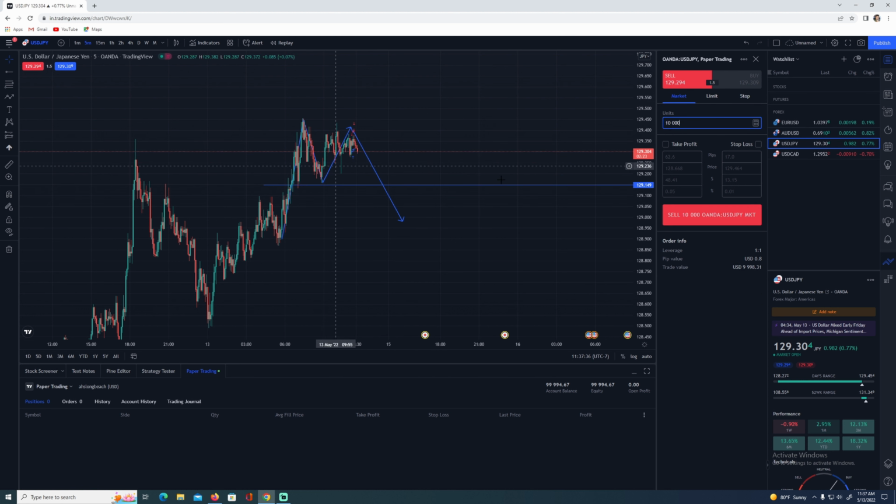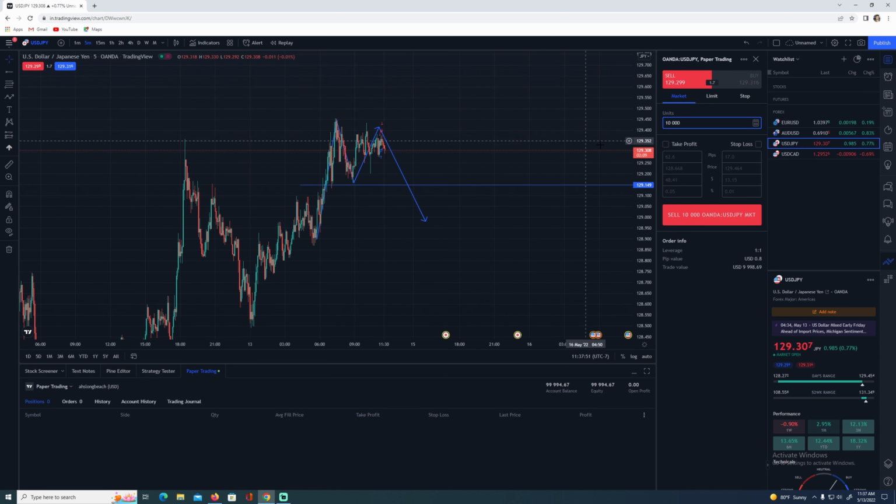Let's place a sell order, right? We're going to get in the market as soon as it breaks this low, because that will give us a confirmation that it broke this low, and now it's a bearish market, and we want our stop loss to be above this high, right? Because if it breaks over here and then continues and breaks this high, that means I was wrong about my prediction, right? So